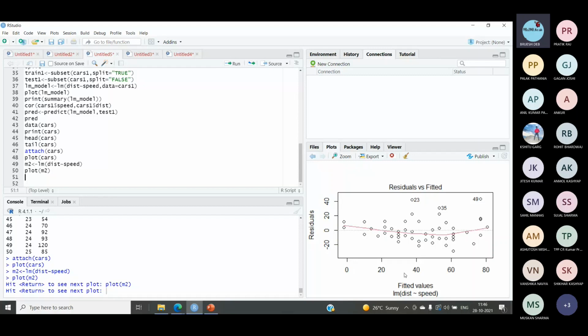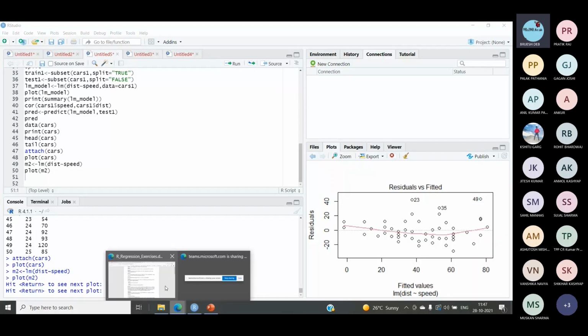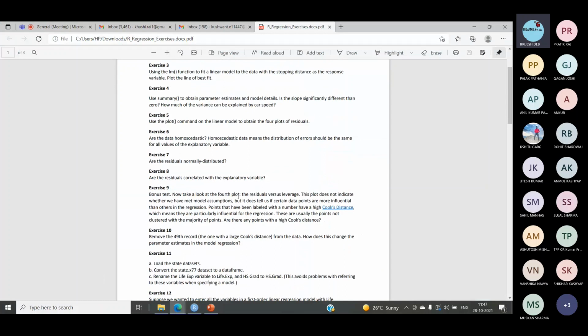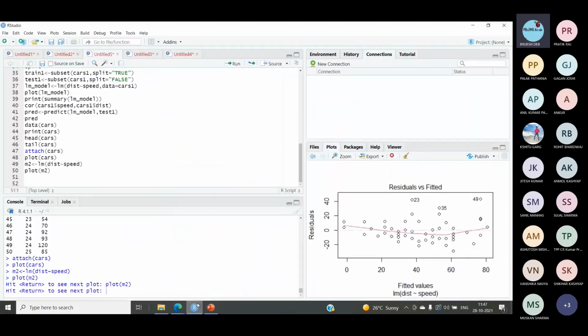Fine. So next exercise, have a look at that question also. It says use summary to obtain the parameters of the model. Again, this is a very simple task, it is simply asking you to print the summary. So you will use summary of M2.